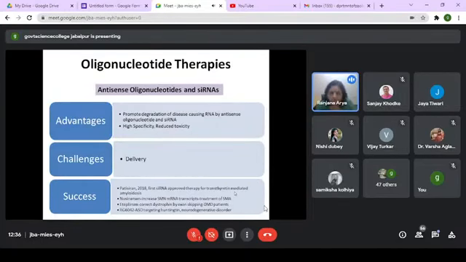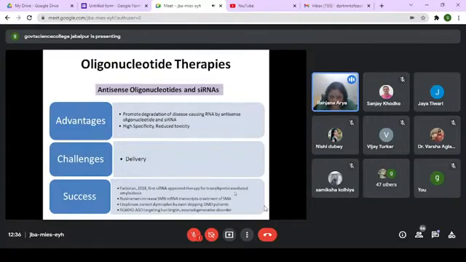So in 2018, the first siRNA therapy was approved, for transthyretin-mediated amyloidosis, that was patisiran. That was approved in the USA and got approval from the FDA. Similarly, you have nusinersen, which increases SMN mRNA transcript. It is used in the treatment of SMA. So these are given to increase the SMN mRNA transcript to overcome the defect.